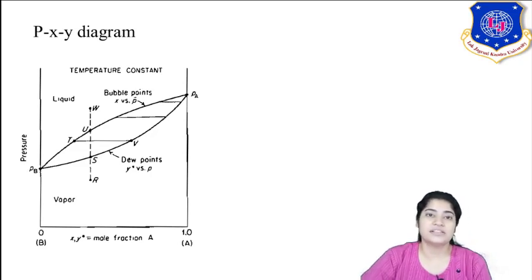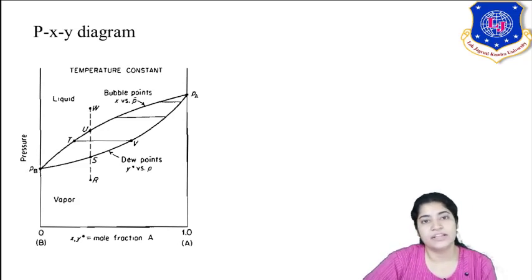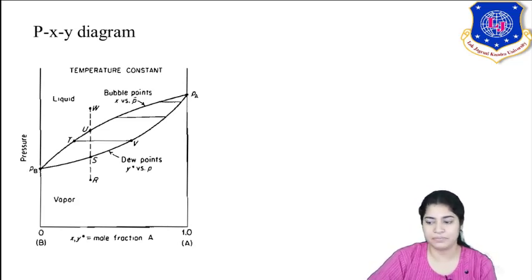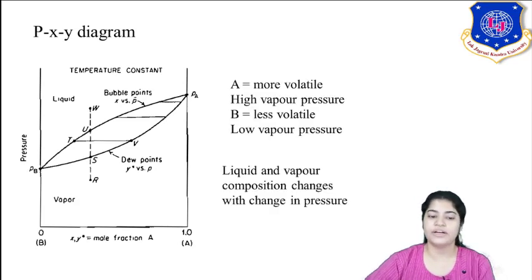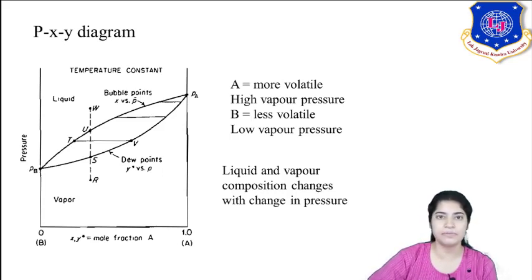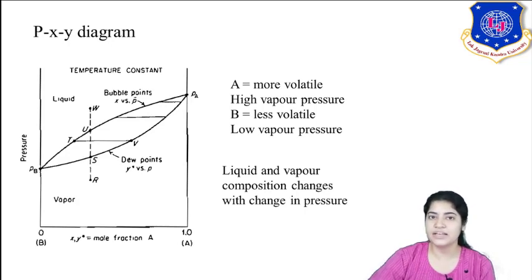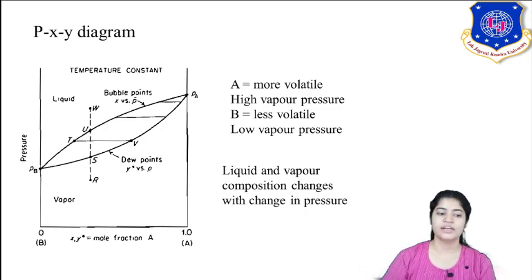We discussed that in the first lecture: high boiling point means less vapor pressure, and low boiling point means high vapor pressure. The more the vapor pressure, the faster it will boil, okay? So A is my more volatile component, which means it has a very high vapor pressure, the pressure exerted by its vapors is more. Whereas if B is the less volatile, it has a low vapor pressure. So you can see the trend has been reversed. PA is more than PB, okay?